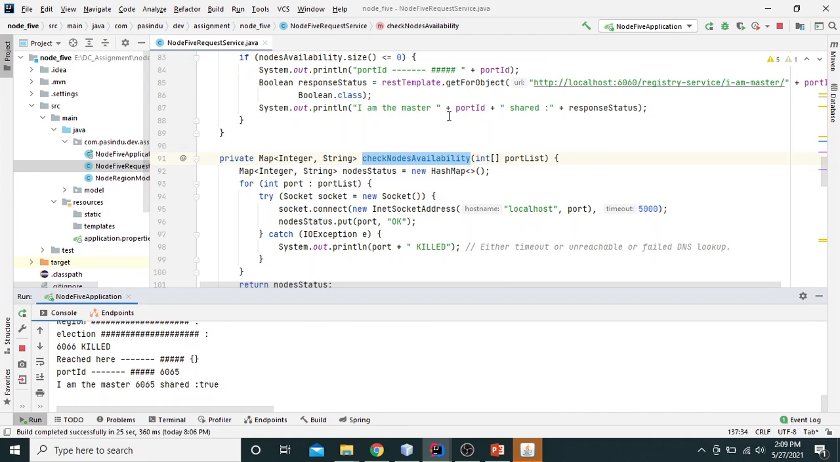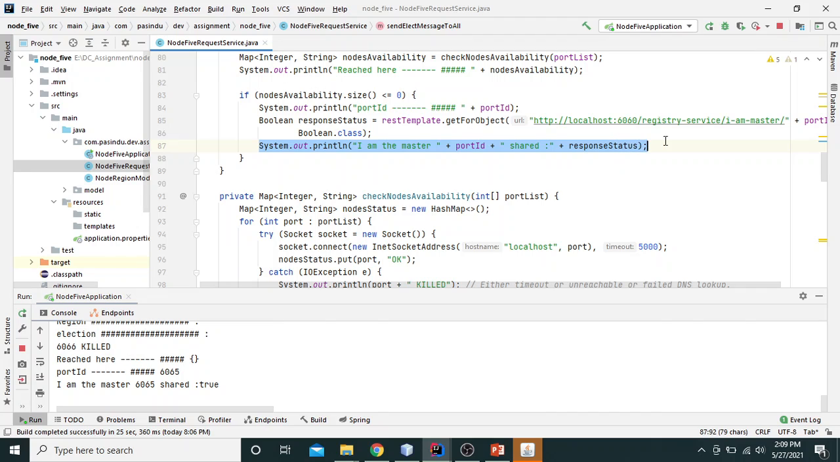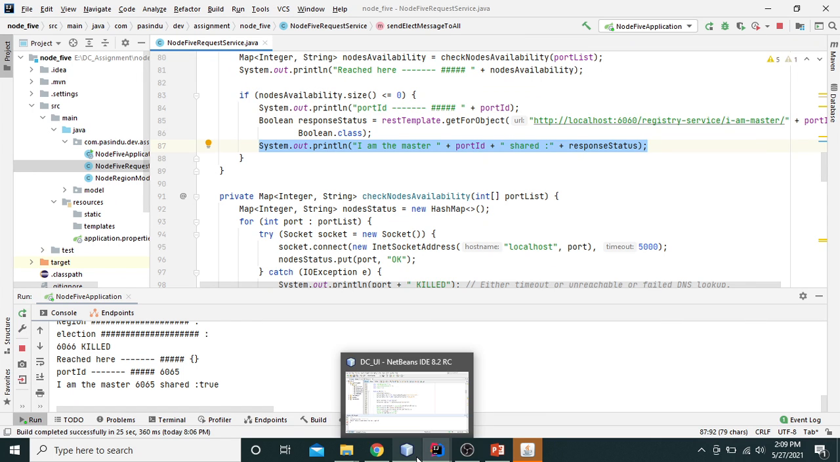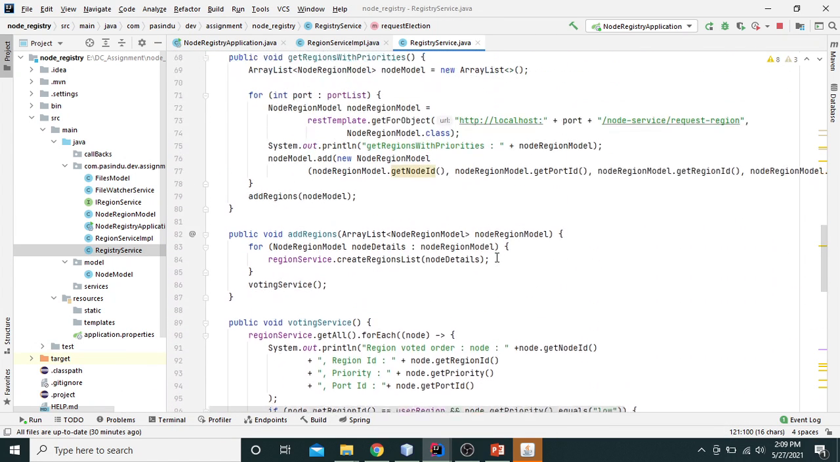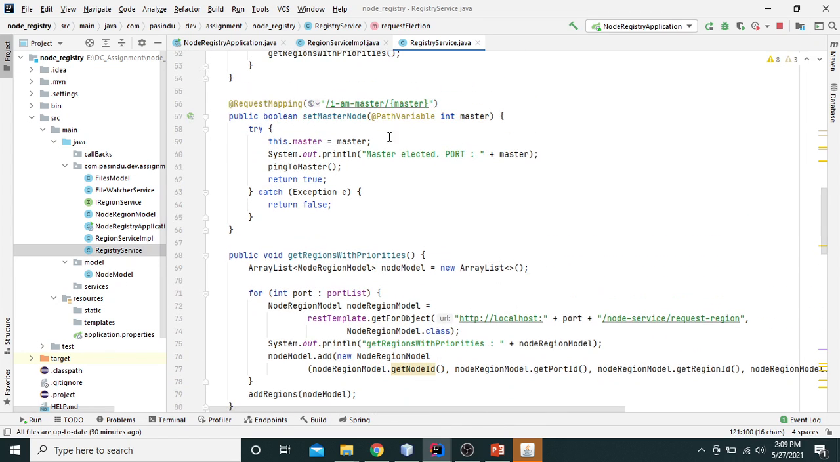So then it comes to here and puts okay I'm the master, and also it has informed the node registry. 6060 means the node registry node. So I'm the master, and the master service is here. Actually now this is not registered. Okay, previously this master variable was allocated as 6066. Now I have a new master, 6065, and